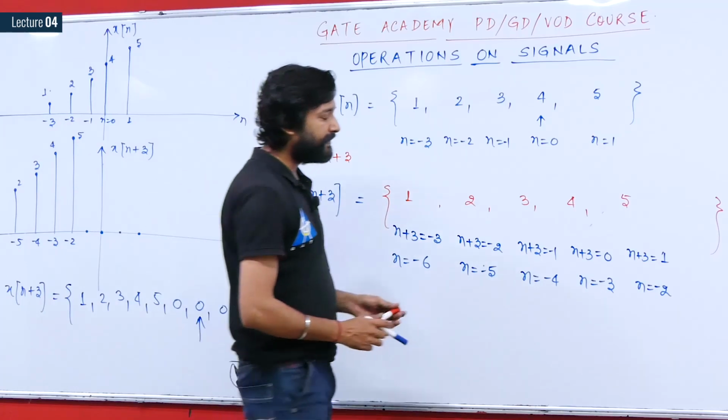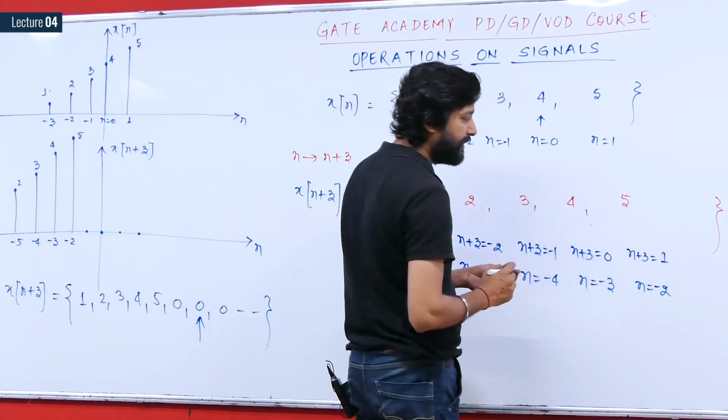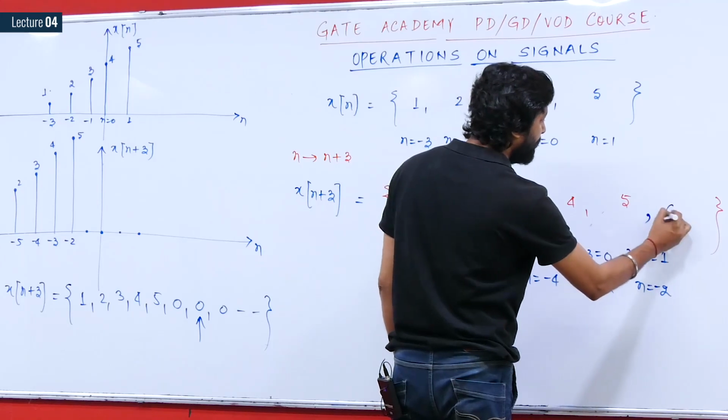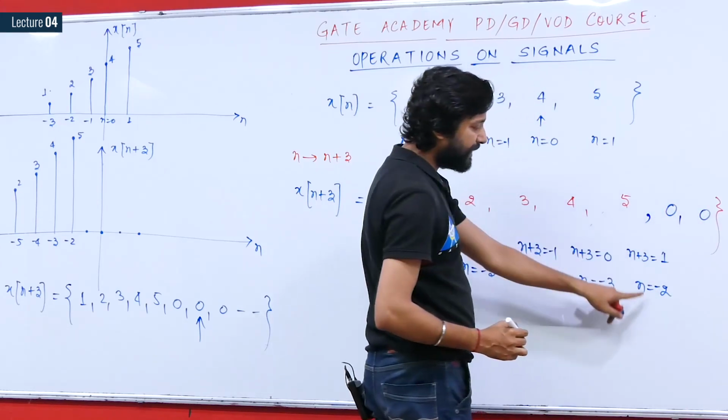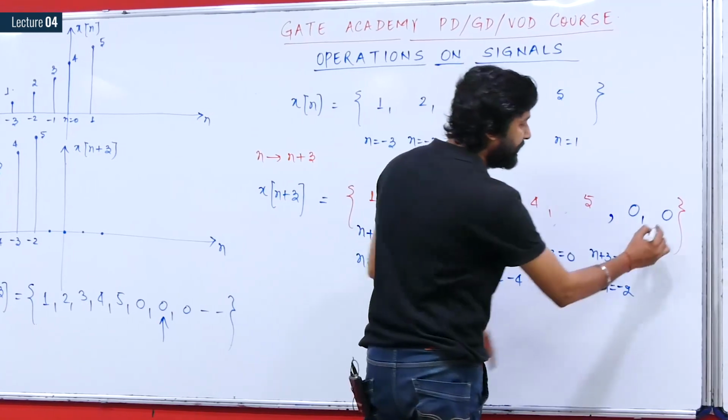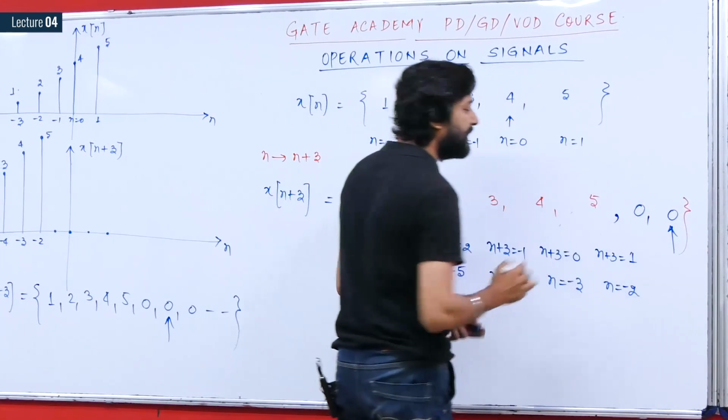That is, if this sample value is at n equals -2 and the signal does not have any values after this, it means after this the values are 0. It is for n equals -2, therefore it will be the value at n equals -1, and it will be the value at origin, therefore now you will be taking an arrow mark.